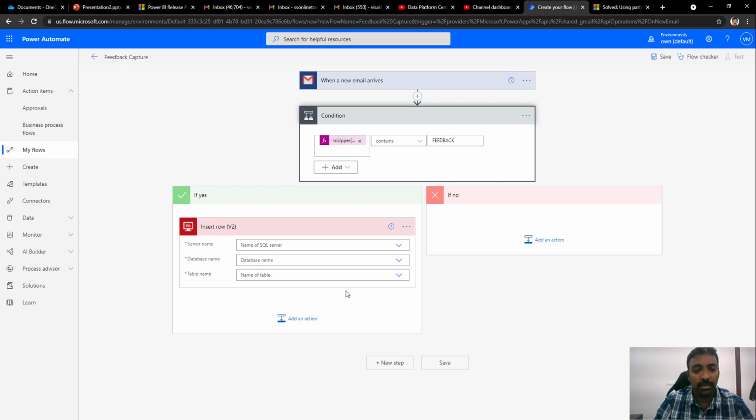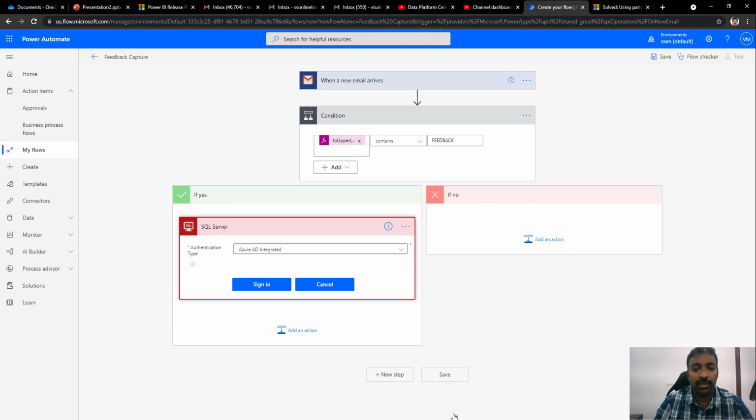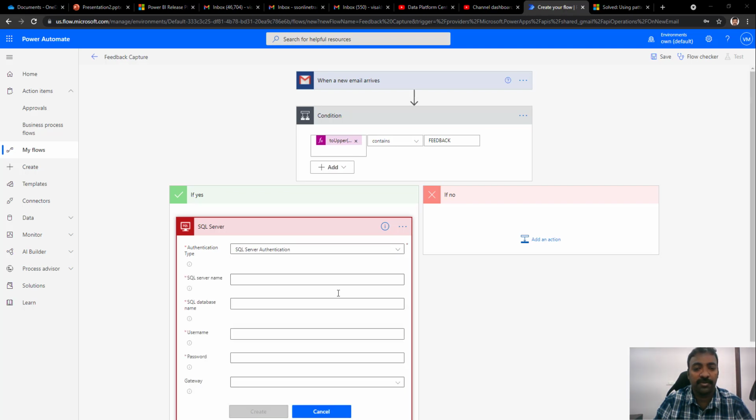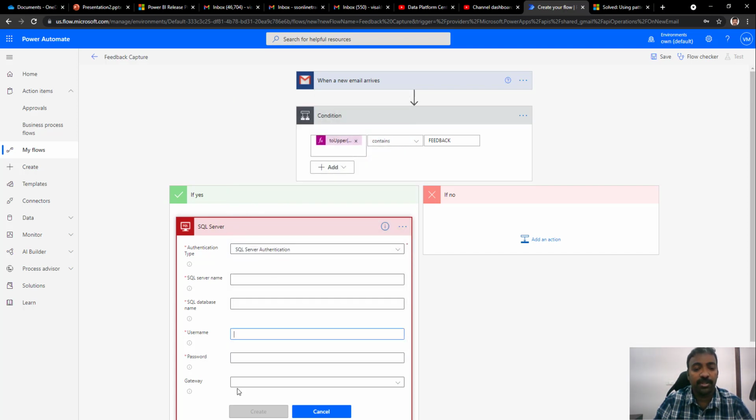When you select that, it will automatically ask you to select the server, or again, because we have already created the connection, it will automatically select the connection. If not, we can create a new connection. When you click on new connection, you can select whether it's Azure or SQL Server, and you can use different types of authentication. If you want to use SQL authentication, you have to specify the server name, which is your Azure server name, the database where you want to connect, username, and password. In case you are going to connect to an on-premise system, make sure you have a gateway installed, and it will automatically identify the gateway and you can select it.